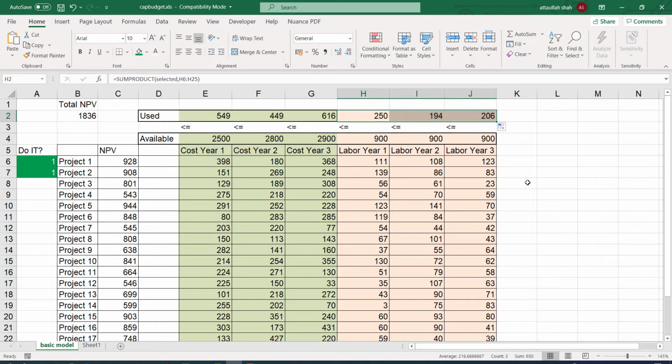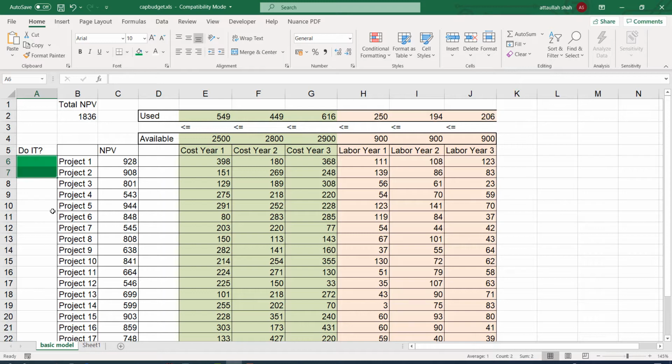Now we can move on to solve this problem using the Excel Solver. Remember, I put these two just to show you the use of SUMPRODUCT. We do not need to add anything in these cells because Excel Solver will try to find these values on its own.